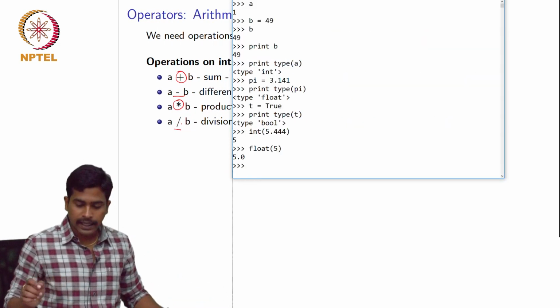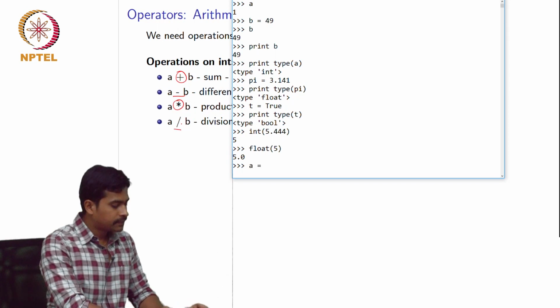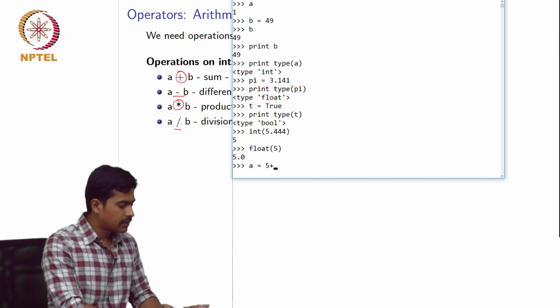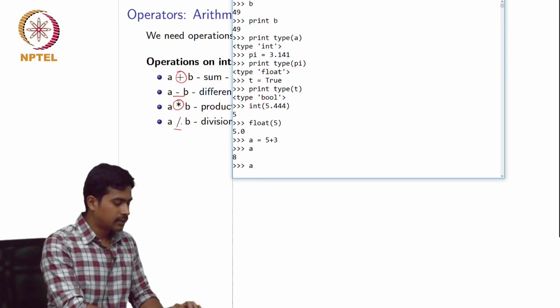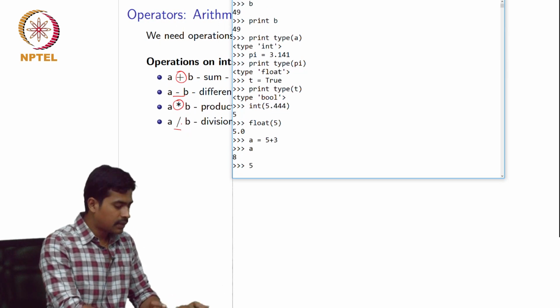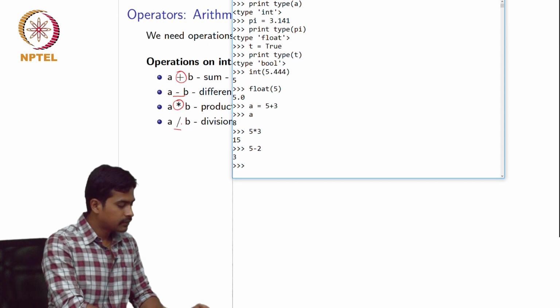We can quickly try these in the Python shell. We can say a equals 5 plus 3 and if we just say a, it gives the value of a. Similarly, we can type 5 times 3, it's 15, and 5 minus 2, 3 and so on.